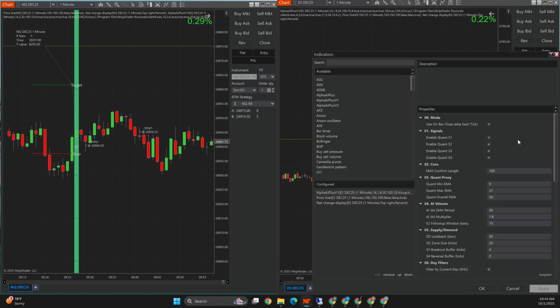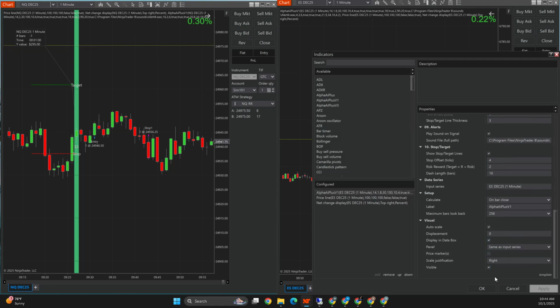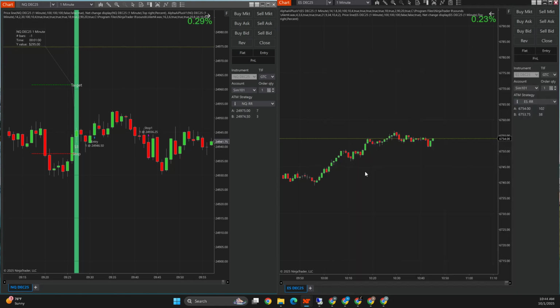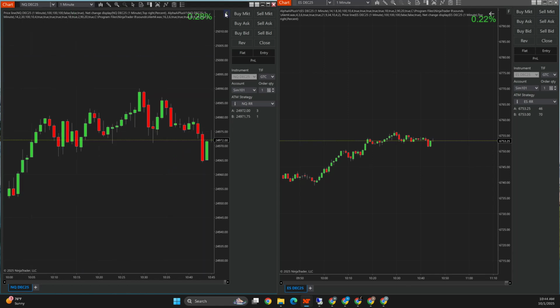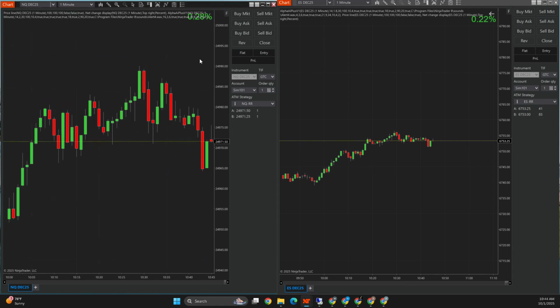Whatever sound you have, you can record your own voice. Long, short, doesn't matter. But it's only one sound. It's not gonna be one for long and one for short. It's only one sound. The idea here is to make you alert. You don't need to stare at the chart like this. You can put the chart aside and read a book or study or whatever you're gonna do. And if you hear the alert, just go place your trade, put your stop and target and let it go. Don't touch anything. Just let it go,